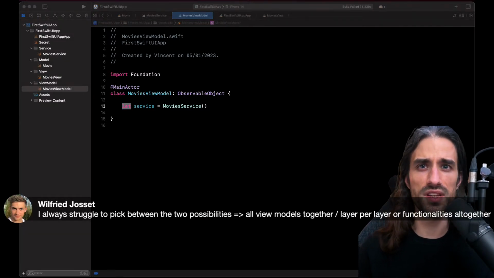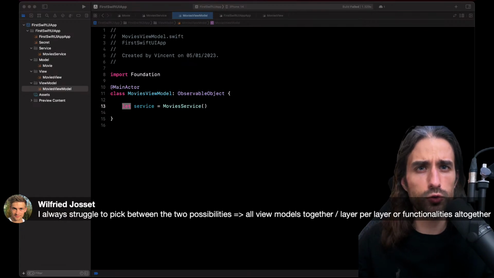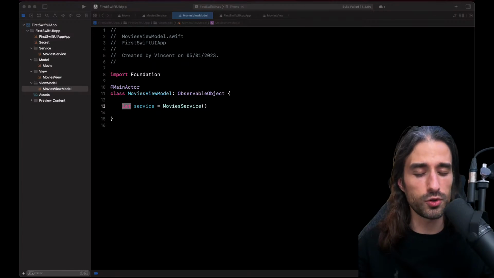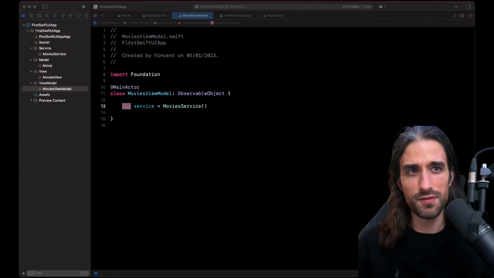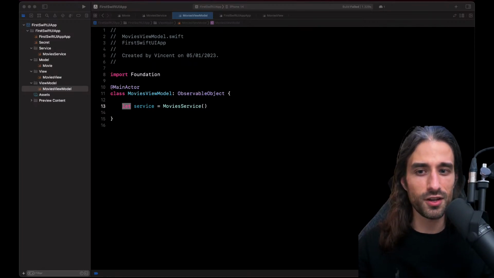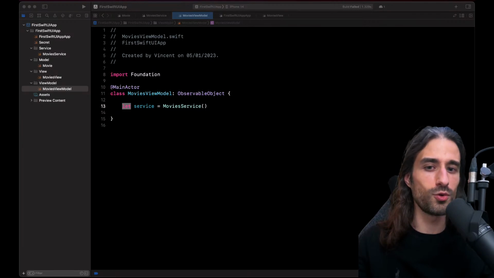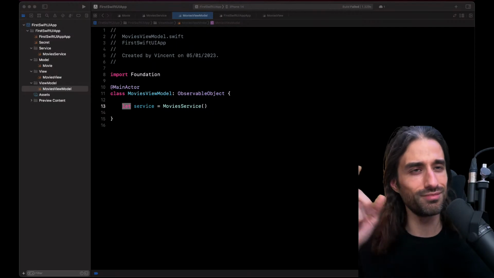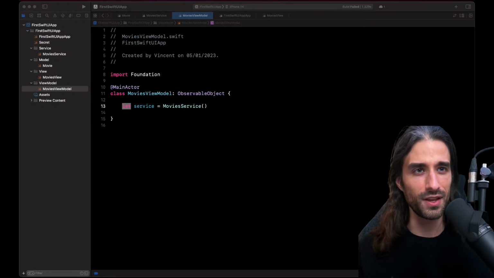I see a question, I'm going to read it. So Wilfried is saying, I always struggle to pick between the two possibilities: view models together, layer per layer, or functionalities all together. Yeah, I used to hesitate a lot. Now I would say I would almost always go with grouping by features, because you're much more likely, when you're looking at the view for feature A, to look at the view model for feature A just after, rather than look at the view for feature B. You know, there is a name for it: locality.